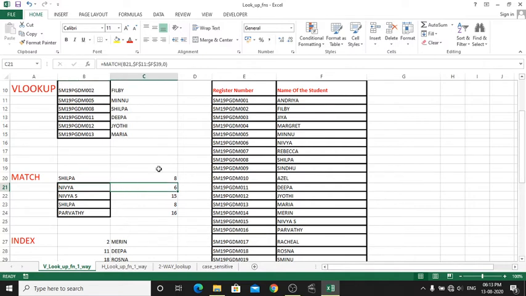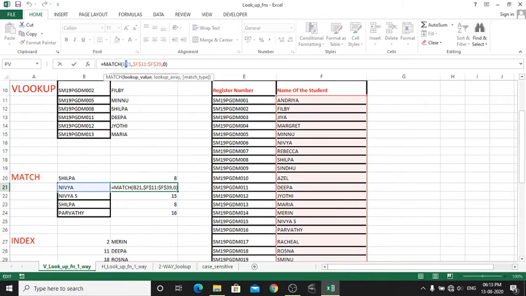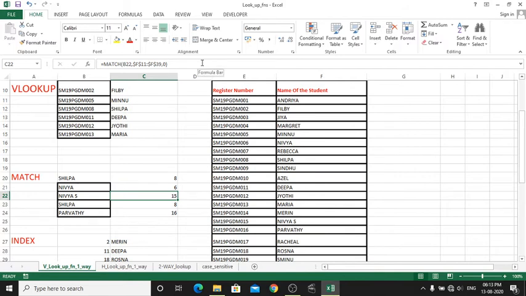Okay, so here also B21 is the lookup value, F11 to F39 is the table range. So here also F11 is in the first location, F12 is in the second location, like that. Excel will calculate the location of Nivya from this particular range of cells from F11 to F39 and will return the exact location of Nivya. Okay, so this is what the match function is for.